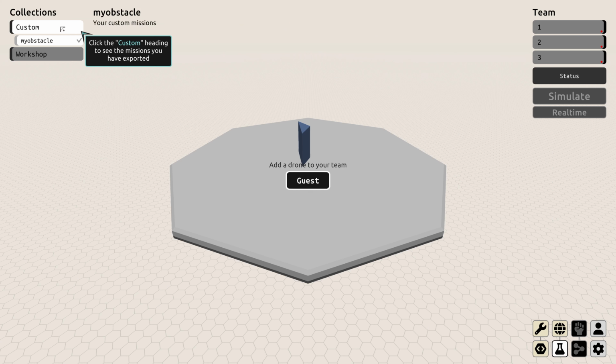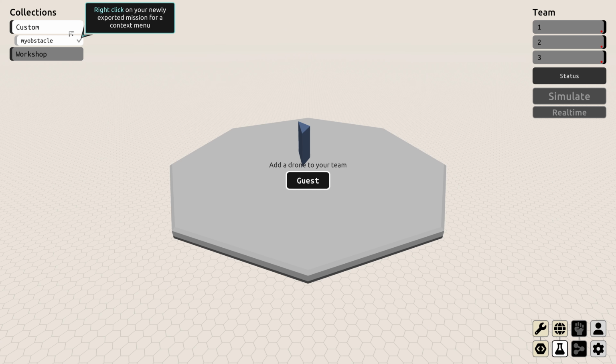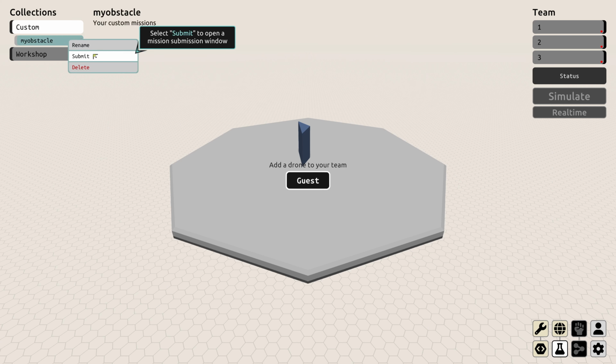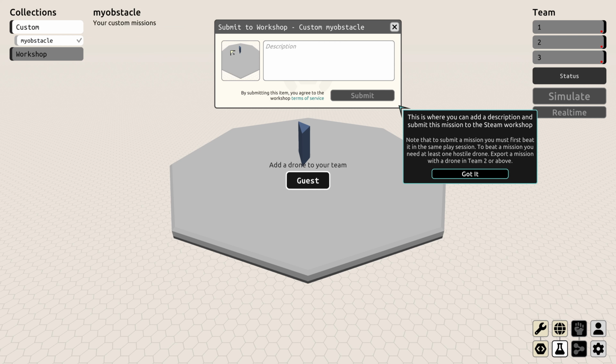And then you go to evaluate, and then it says click custom. I should probably try to skip that if it's already selected, but you can click it, and you can right click this, and you can submit to workshop. It will automatically take an image of it, but first of all you have to beat it, and to beat it you need